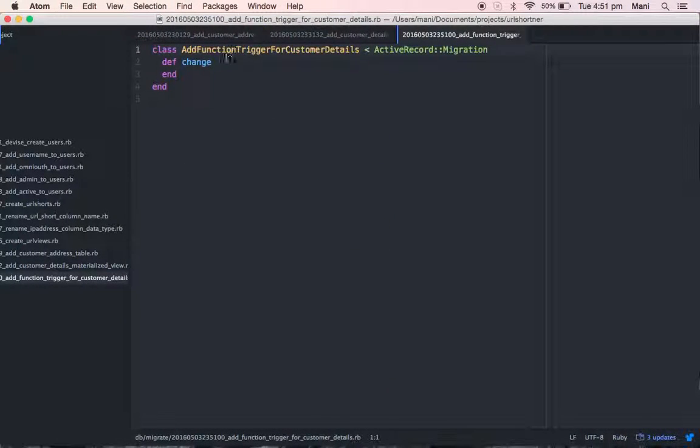So here is my migration file. Now I'm going to write a function first. So same thing, def up.